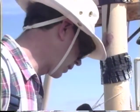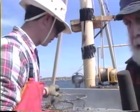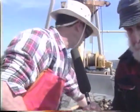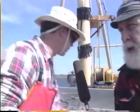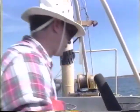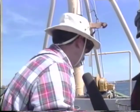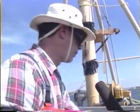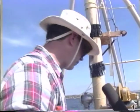And we wait for a week and get our results. Yeah, so by then you have a good piece of the season's gone by, huh? Well, we stagger. You always have to have oysters which are depurated so you can keep working. And you can run more than one ground, but you've got to keep them 500 feet apart in order to maintain your certification. So we're harvesting this ground, but we'll be planting further west